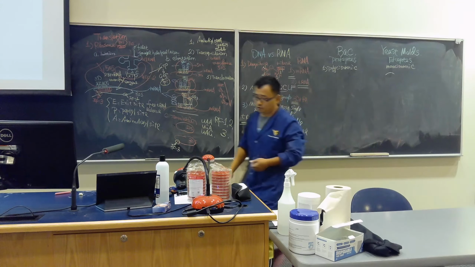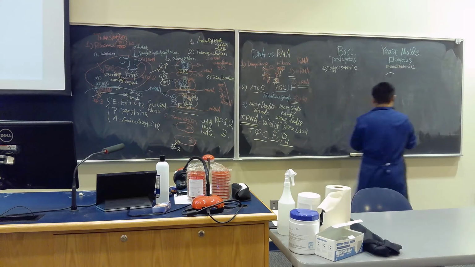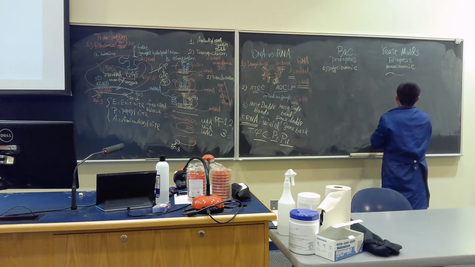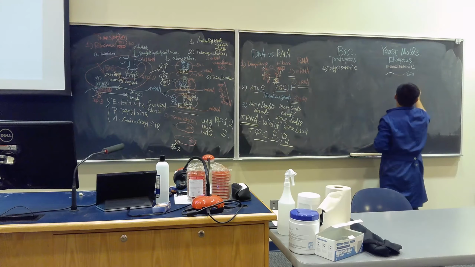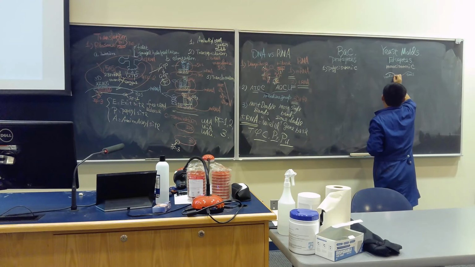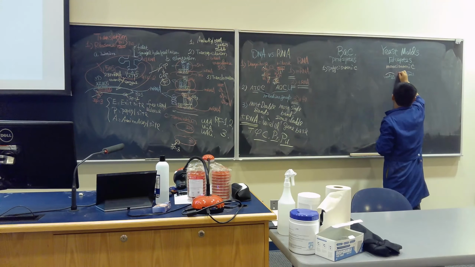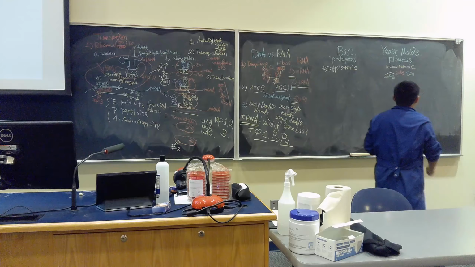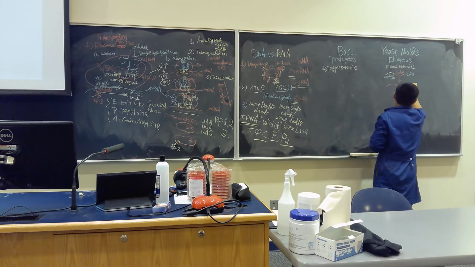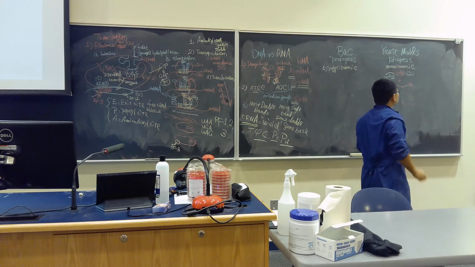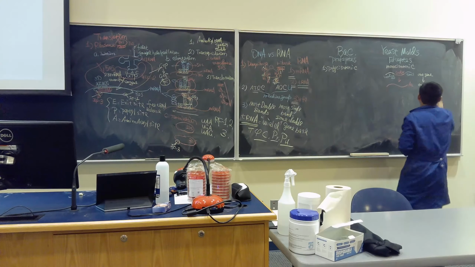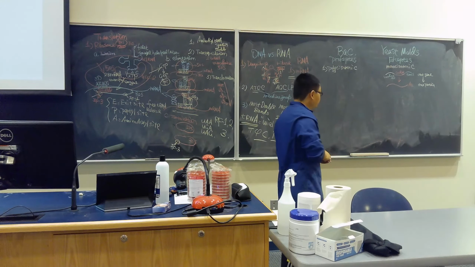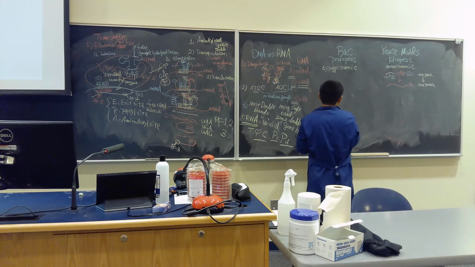Let me just use a different color to do it. You have a sequence like this. You have a trailer part, you have a leader part. This is a coding part. Then you go this way and amino acids come out. So basically we say one gene, one protein. How about bacteria? Bacteria is a little bit different. Bacteria is you have